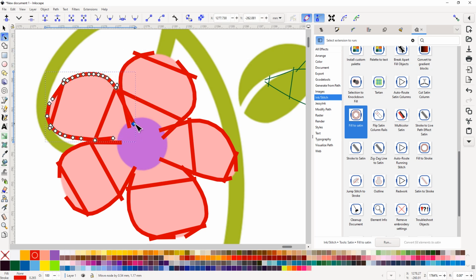a few of the nodes, so this way we don't have to create and draw everything out with the paint bucket. Makes it so much easier. And the fill to satin, that's an awesome tool that we can work with now. So now you can see all the satins, they are covering up here in the center. And then